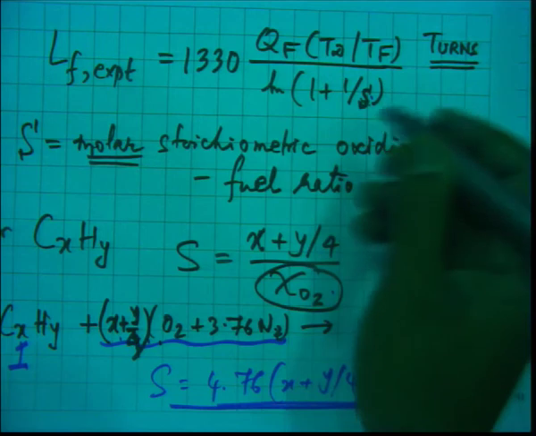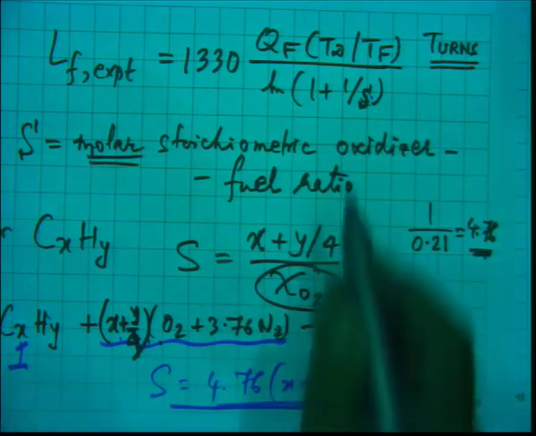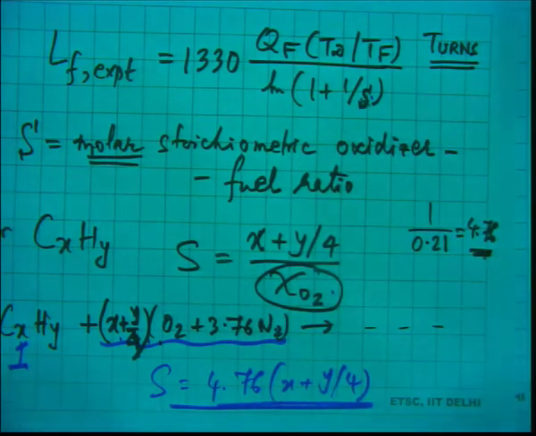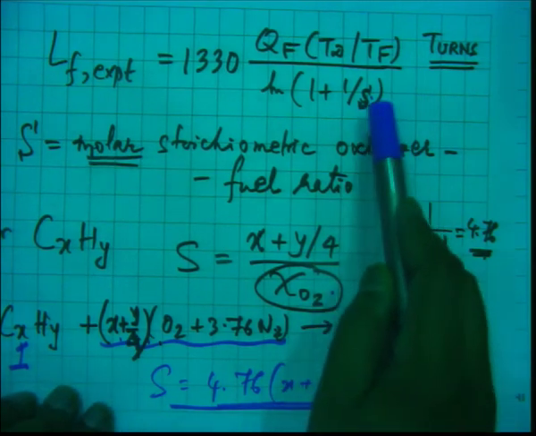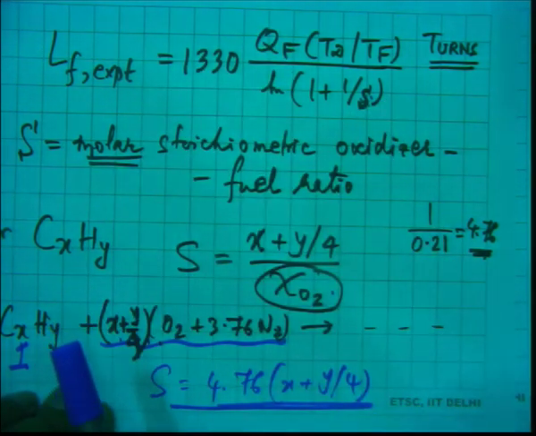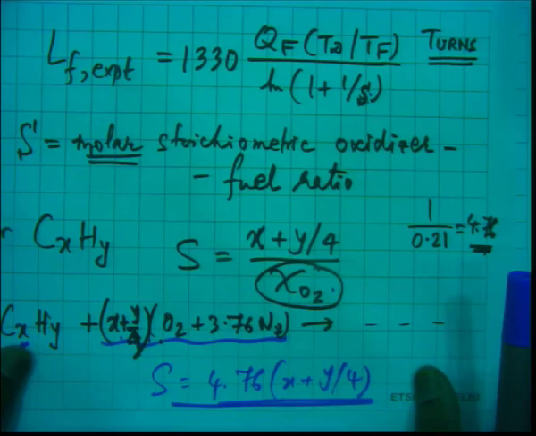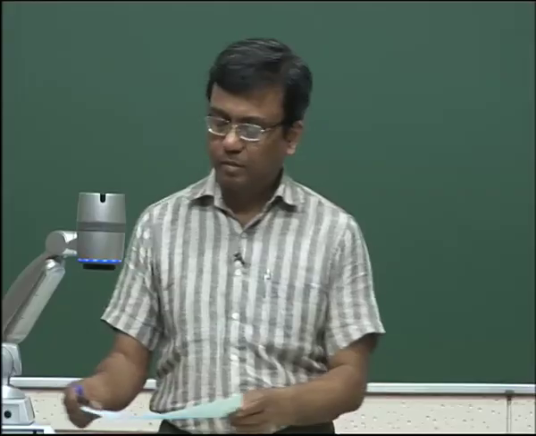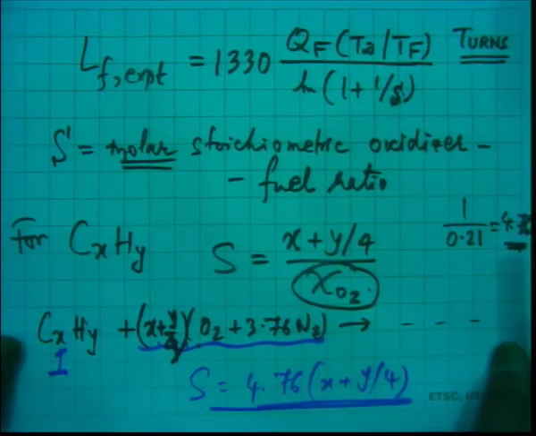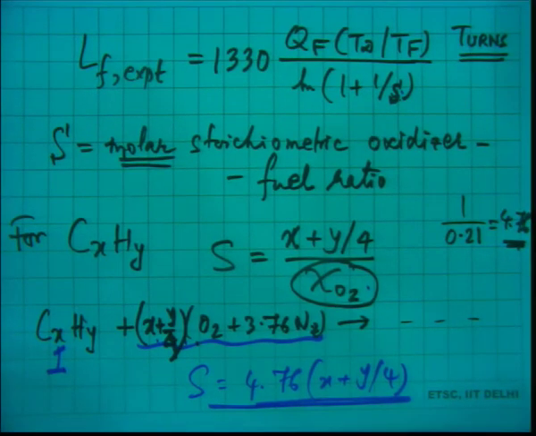So, it is very easy. We do not have to use the theoretical expression, we can just use this to get flame length for various QF values, okay, for various QF values, and this is only for circular tube. So, whatever I have shown here is actually only for circular tube,